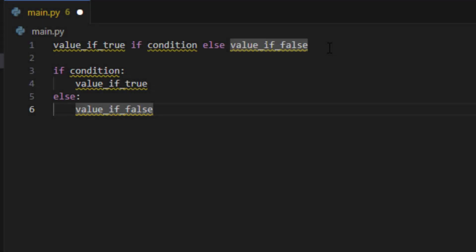This is the syntax of the conditional expression in Python. We can see that if the condition is true, the value for it goes in front of the if statement, and the rest follows as normal. This statement right here is the same as this. The condition is moved to right here, and then the value if true, which is the most complicated one, is moved to the first part of the conditional statement, and then the else value if false just goes in one line right here.